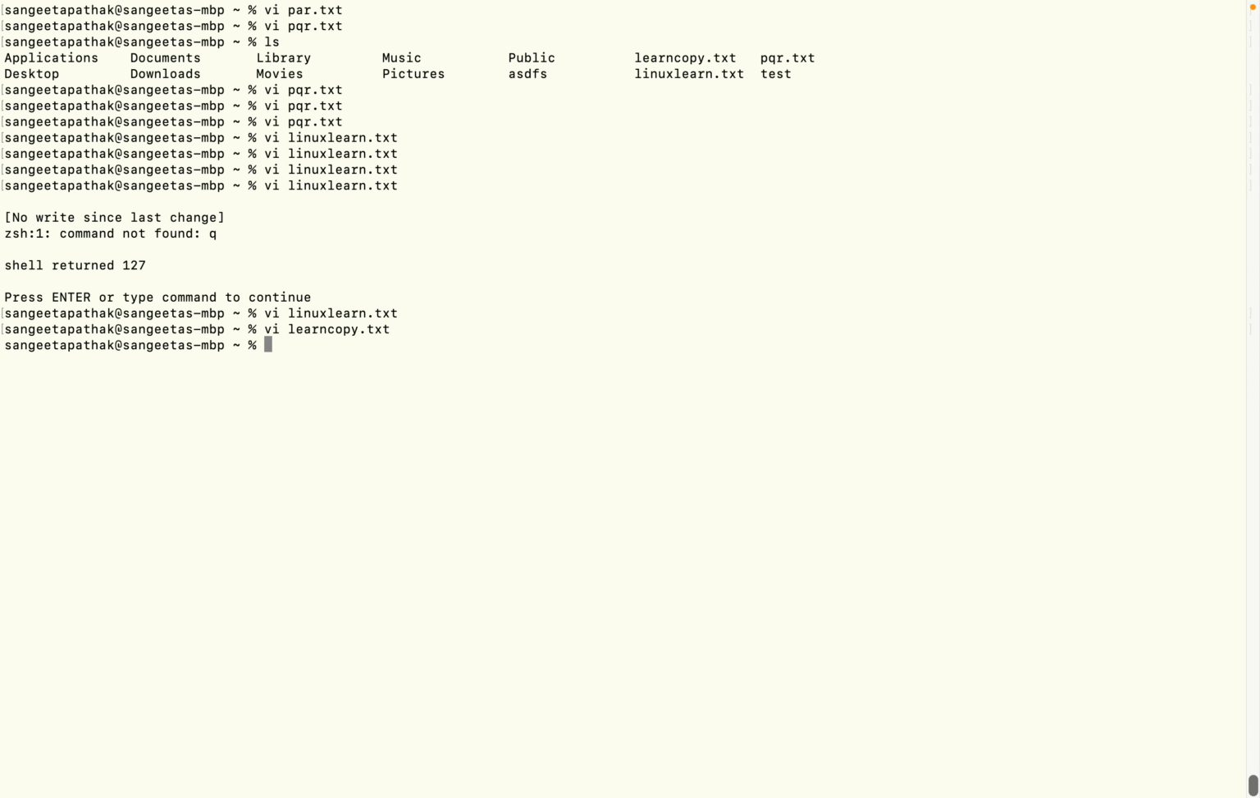I don't know what is there in Linux learn. So let's see. Okay, you have 4 lines in Linux learn. I want the top 2 lines to be copied into the learn copy text. So to copy the lines, what I will do is I'll go to